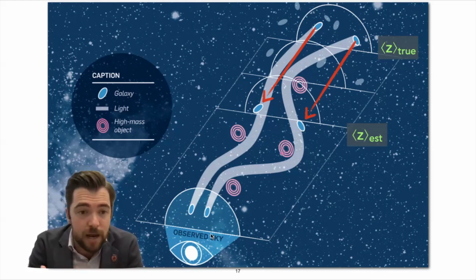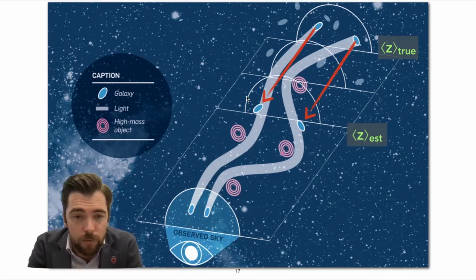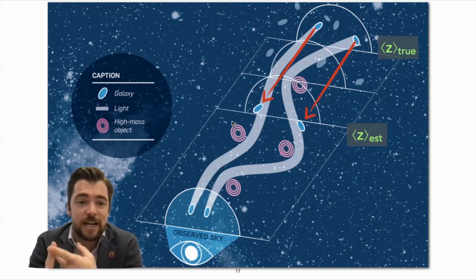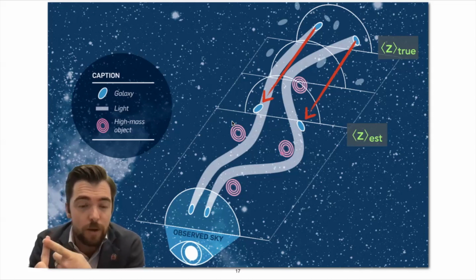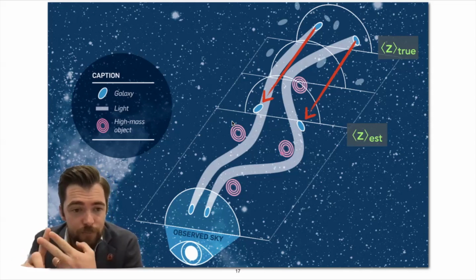We still observe the same sky because we make this error in our redshift distribution estimation. That doesn't change how we interpret the intrinsic modeling of the source galaxy population. It also doesn't change how we interpret baryon feedback effects as propagating in the universe. And so really, when we make this error in redshift distribution estimation, we see the same observed signal on sky, and we model it with the same assumptions as we would if we had not made that error. And that means that we then see the same signal and we attribute it to a much shorter